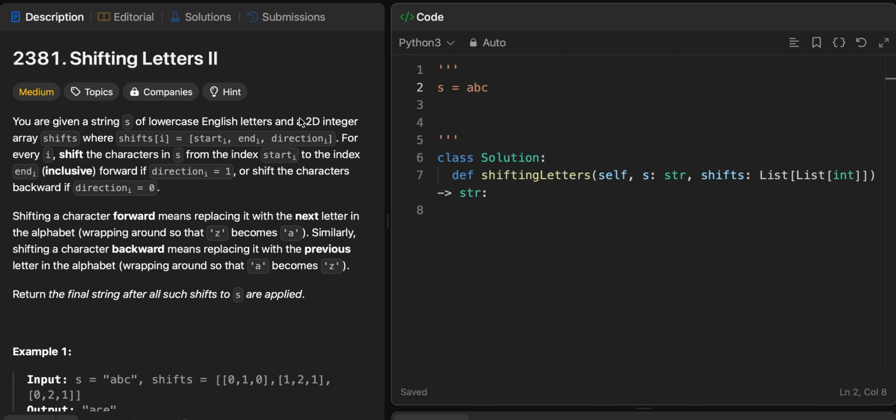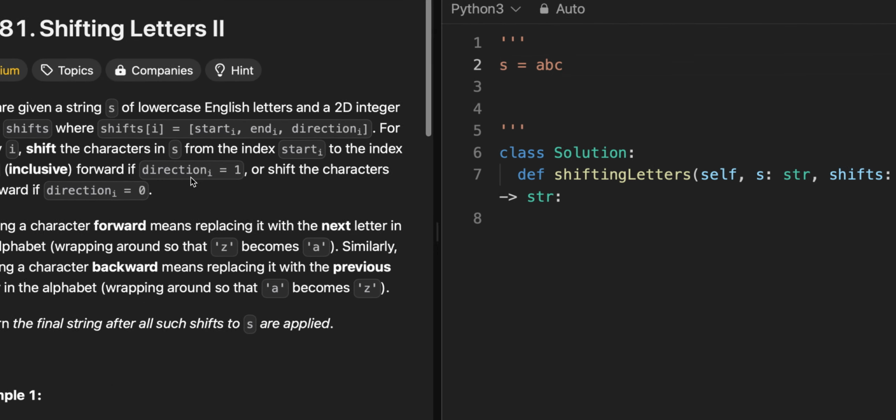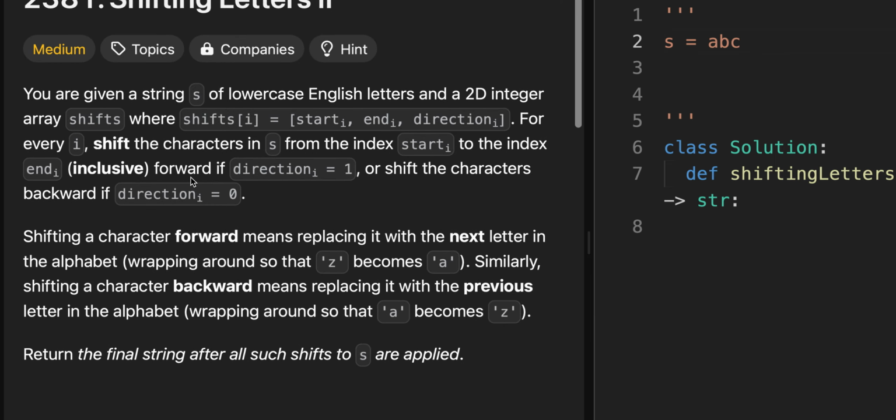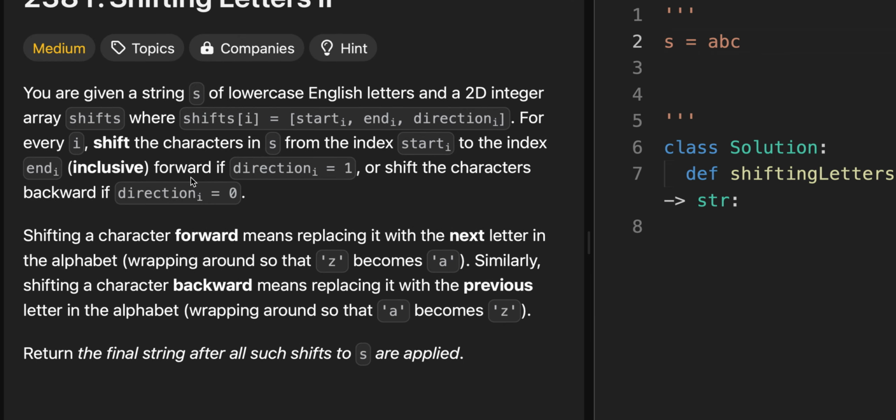Welcome. Let's solve LeetCode 2381, Shifting Letters 2. Let's make this bigger so we can read this easier. Okay, Shifting Letters 2. You are given a string s of lowercase English letters and a two-dimensional integer array shifts,